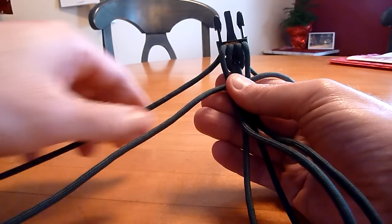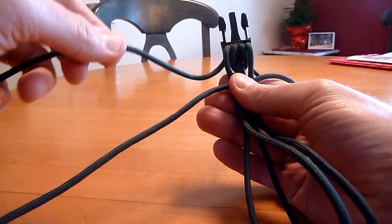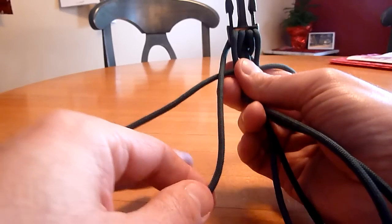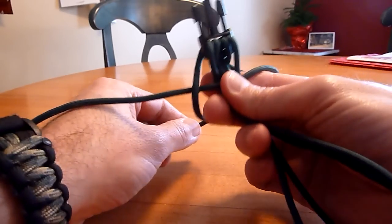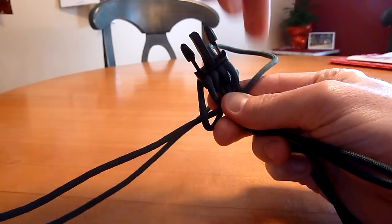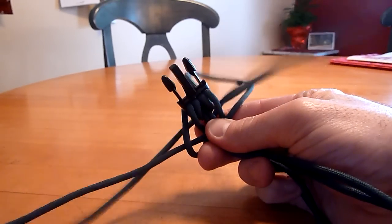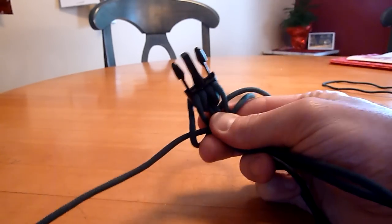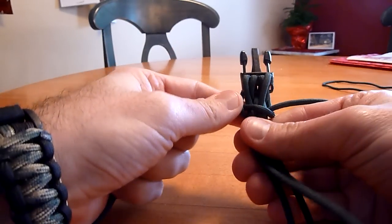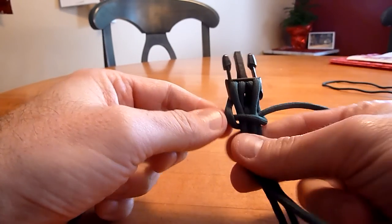Now here, the left one, what we're going to do is take it over this one, and then we're going to go behind the bracelet and then up through this loop. Pull all the extra through, and now it's just a little knot. So now we just tighten it up. So if you can see that here,